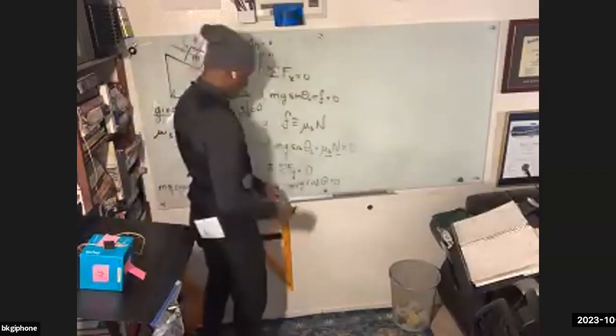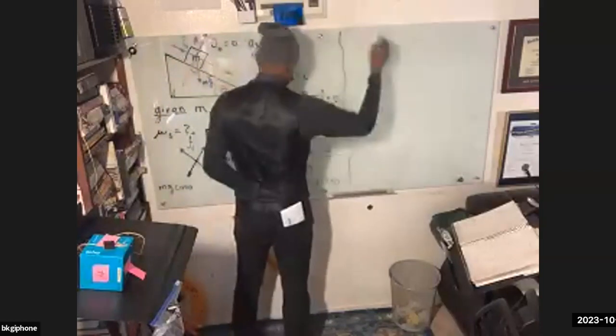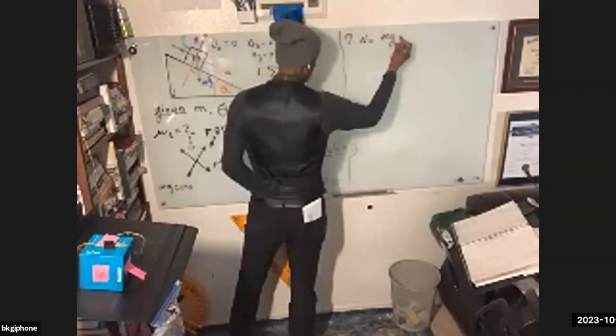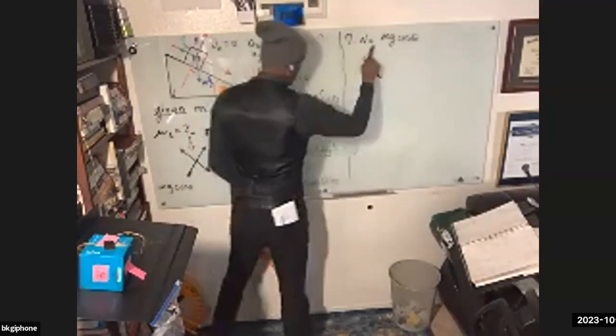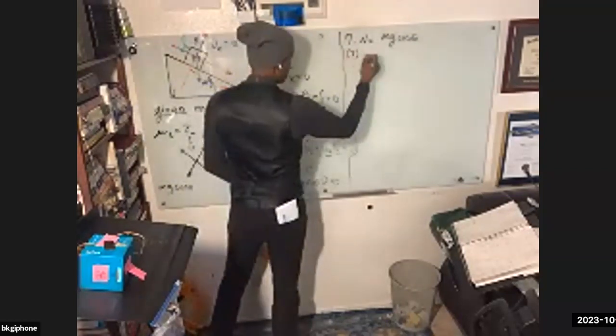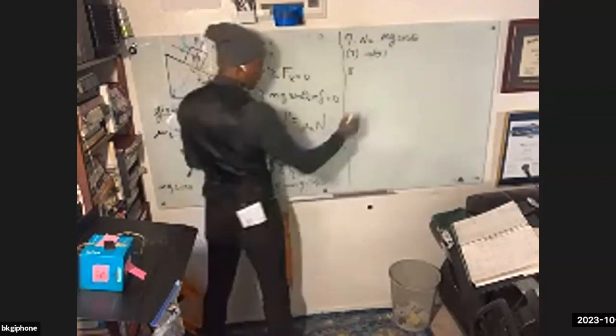That gives me my unknown I can solve right here. So I solve it and then stick that solution into 4. And the result that I get, 7, is that n is equal to basically mg times the cosine of theta. Okay, so now I'll put that in here. So 7 into 4 yields mg sine theta